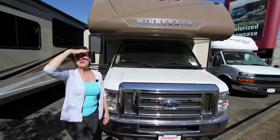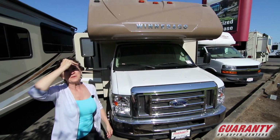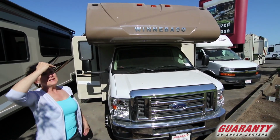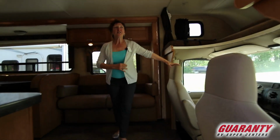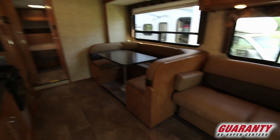I'm Teresa and I'm here to show you 31 feet of awesome camping space in this beautiful 31K Minnie Winnie 2018. Come on inside and take a look at this great floor plan. First thing you'll notice when you walk in is all the room that you have in this for your next camping